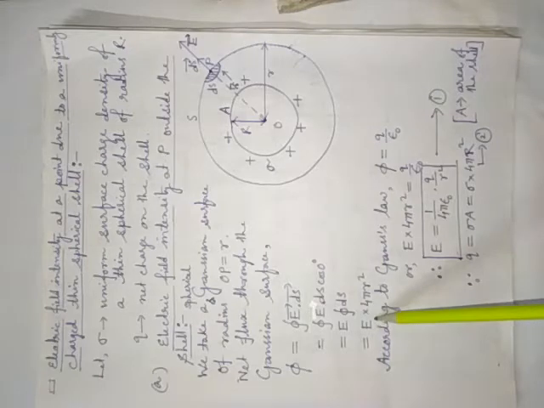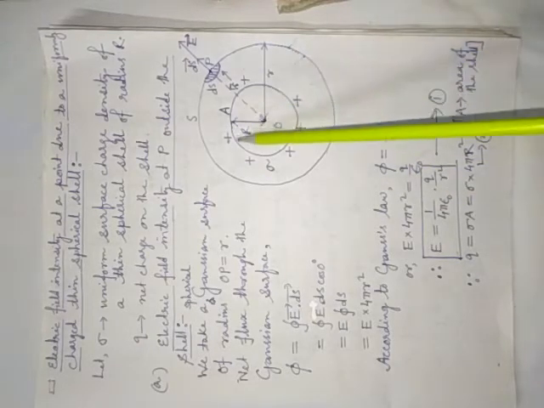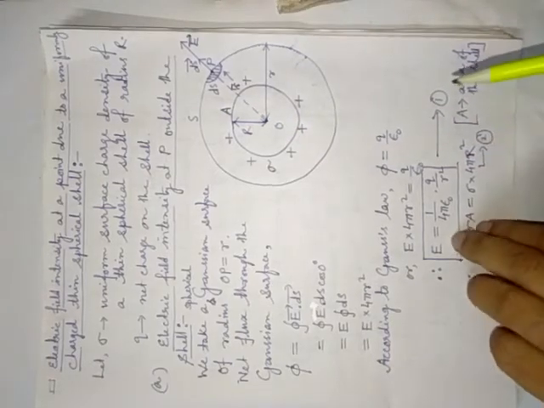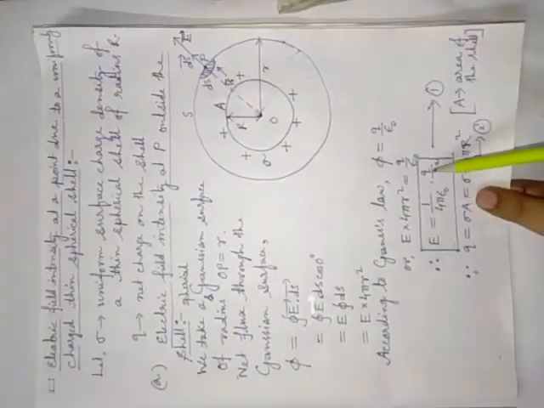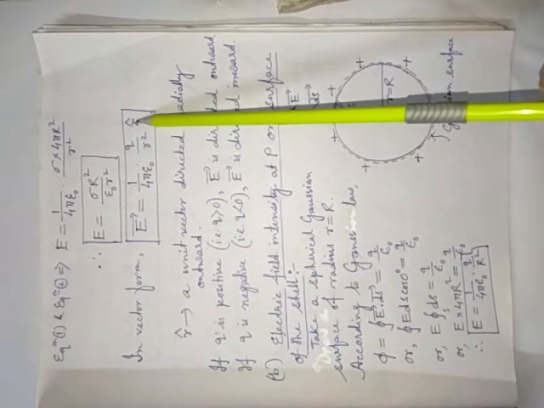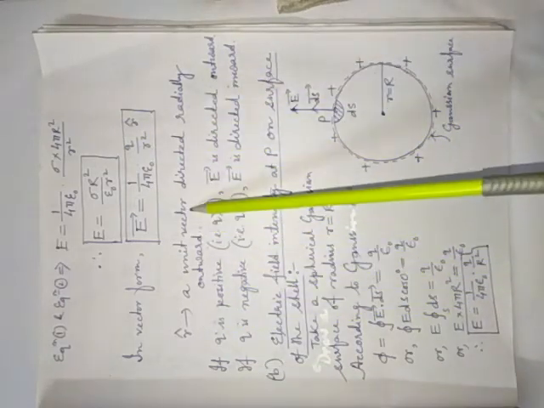And after calculation, you will get E into 4 pi r square. According to Gauss's law, phi is equal to q by epsilon naught. And already you know phi is equal to this amount and E is equal to this amount. Again, q is equal to, already I told, the net charge on this surface is sigma into A. A means the area of this one, 4 pi capital R square. Now equation 1 and 2. If you put the value here, q is equal to sigma into A. After calculation, you will get this one. And in vector form, you have to multiply a unit vector, and r cap is a unit vector directed radially outward. Till here I have discussed.